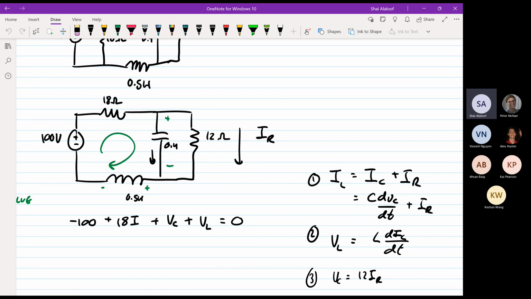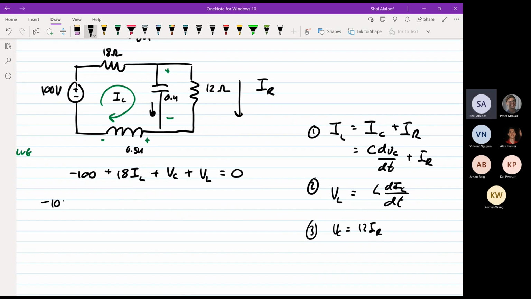Oh, actually, I've made a mistake. I just realized this should be IL, because this current here is not the current that goes to the resistor. It's the current that goes to the inductor. I'm going to call it IL. Sorry about that. Okay, so minus 100 plus 18. And now I'm going to use equation 1, where IL is IC plus IR. So C times dV over dt plus IR